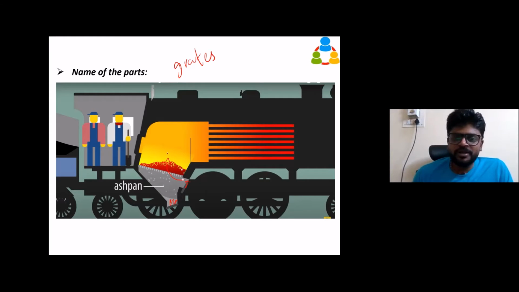Since the coal is burning, you know it produces hot gas, and the hot gases go through this fire tube, and the fire tube gets heated up. This fire tube is surrounded circularly by this cylindrical vessel. We'll call it a pressure vessel or cylindrical vessel that carries the water. So this cylindrical vessel carries the water, and the fire tube goes inside that.